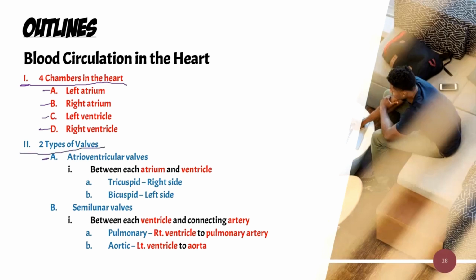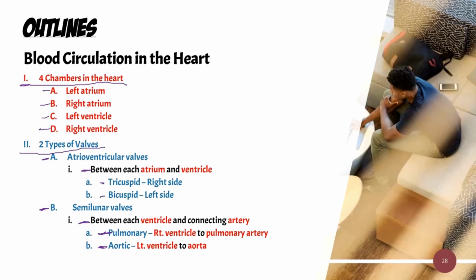There's the AV valves and there's the semilunar valves. The AV valves are between each atrium and ventricle, and there's a tricuspid and a bicuspid, and the semilunar valves are between each ventricle and the connecting artery. So there's the pulmonary semilunar valve and the aortic semilunar valve. So this is a good way to spell out the anatomy, just the anatomical regions of the blood circulation in